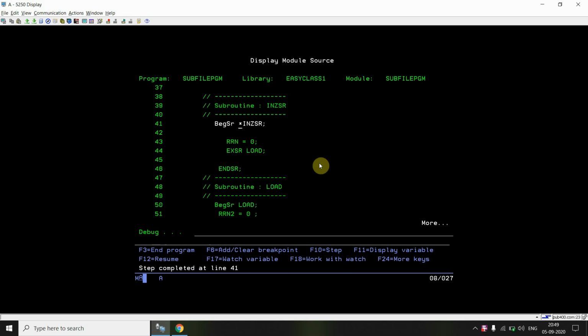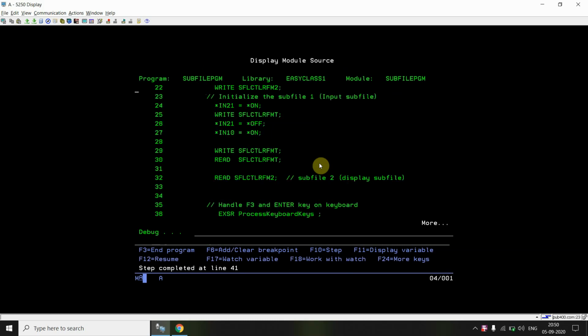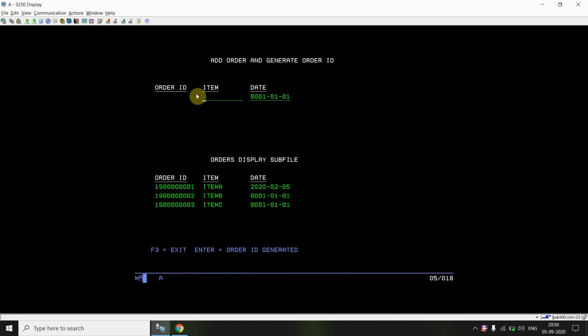So now if I call this program, you can see all the order IDs are showing as 19 0 0 0 0 1, 0 2, 3. Okay, so the current year is 20.